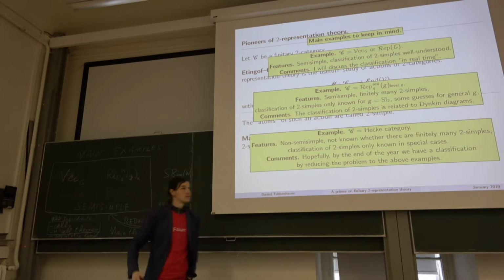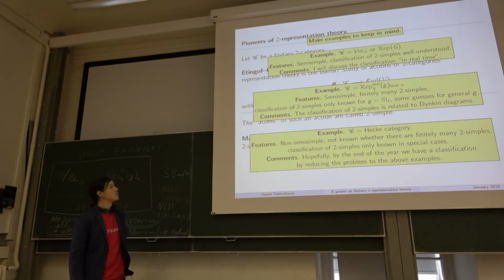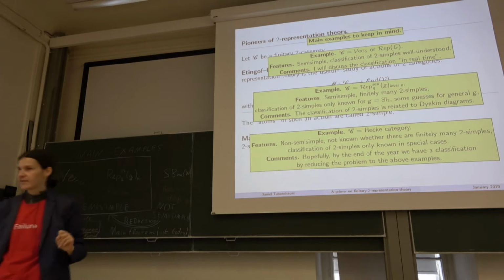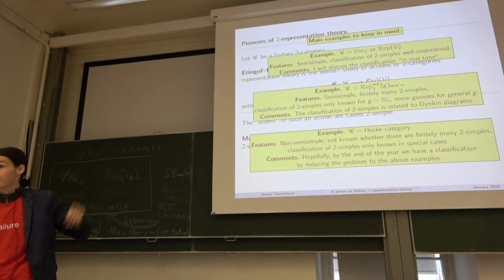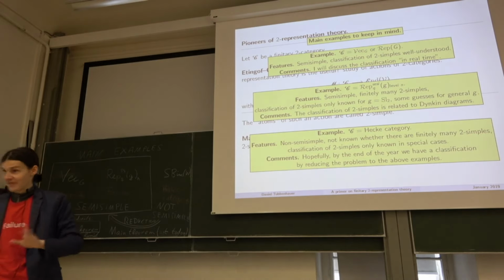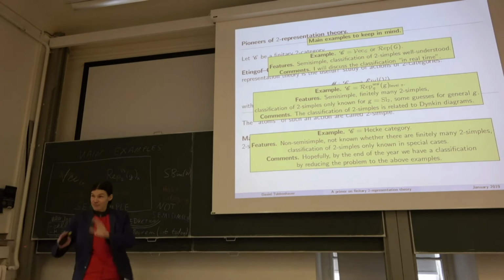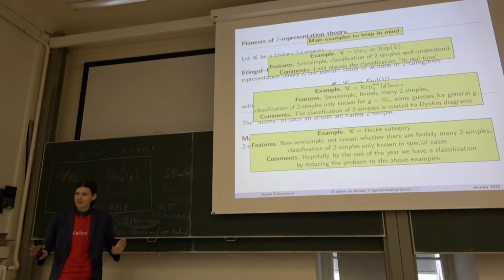Yes? Do you consider a monoidal structure for C? For C, yes. In this case, oh yeah, good point. In this case, C is a monoidal category, all of them. For Vec, yes, the trivial one. So no twisting. It's really the most naive categorification you can cook up. No twisting.